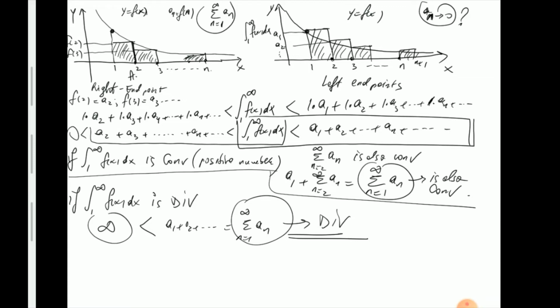So this idea of, if you have positive quantities and an inequality less than a finite number, then of course the left side has to be a finite number. And conversely, on the flip side, if you have a quantity greater than something that goes to infinity, intuitively it should make sense that that quantity must be infinity as well,